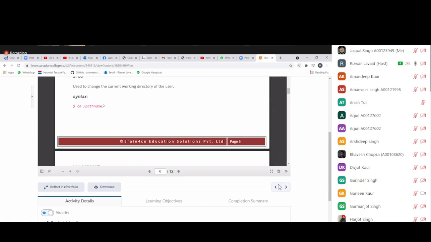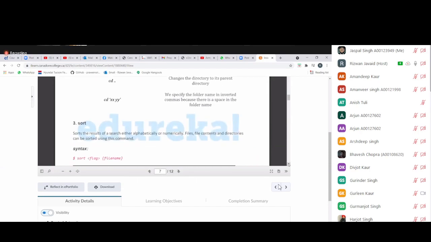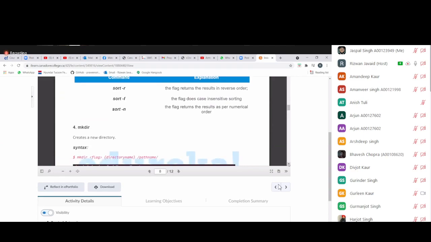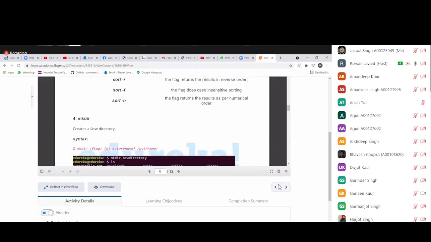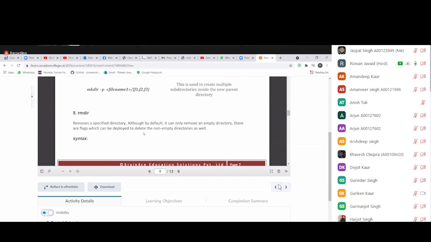The cd command is used when we change from one directory to another, which we saw yesterday as well. mkdir, how to make a directory, we also did yesterday. Remove directory, we saw today.